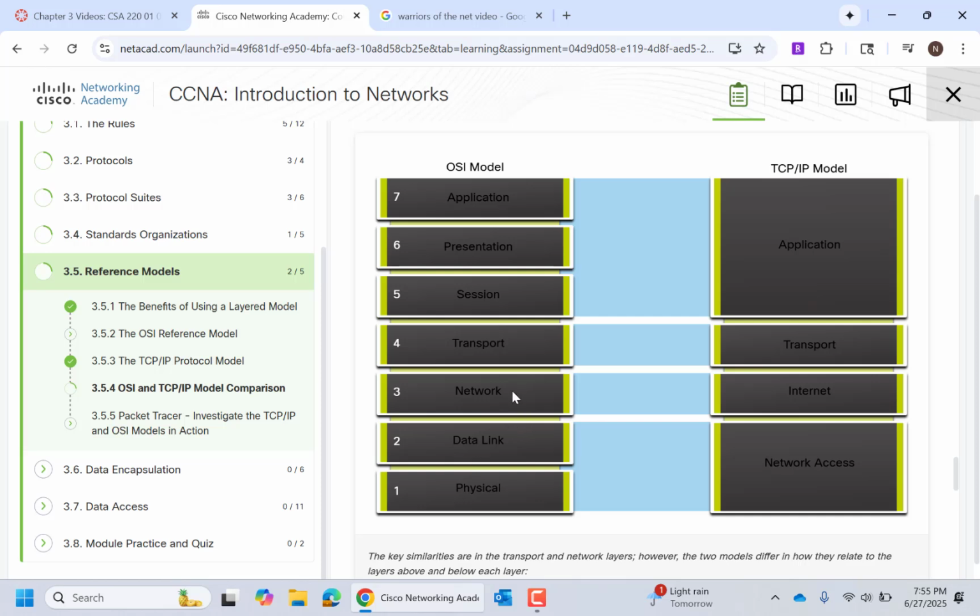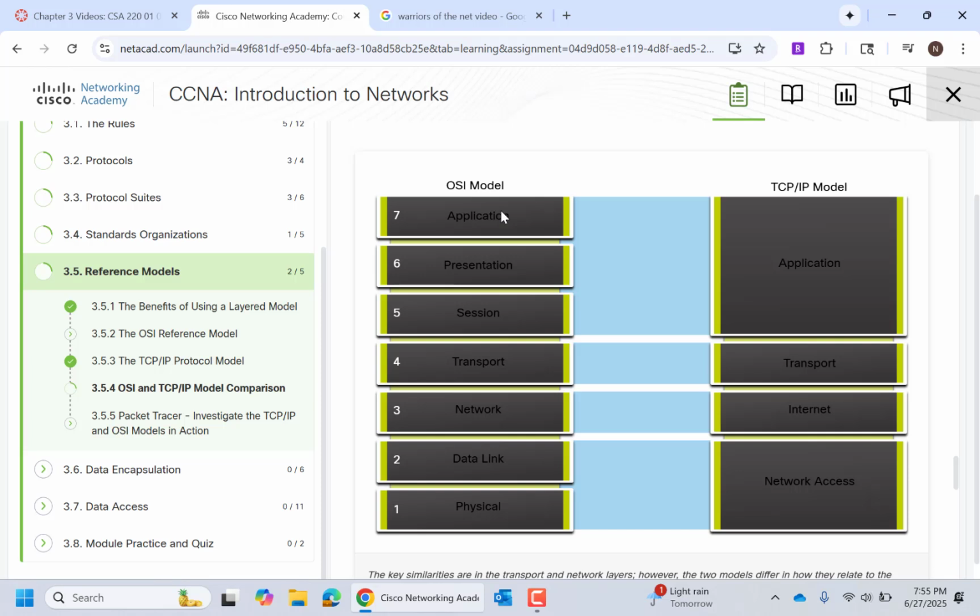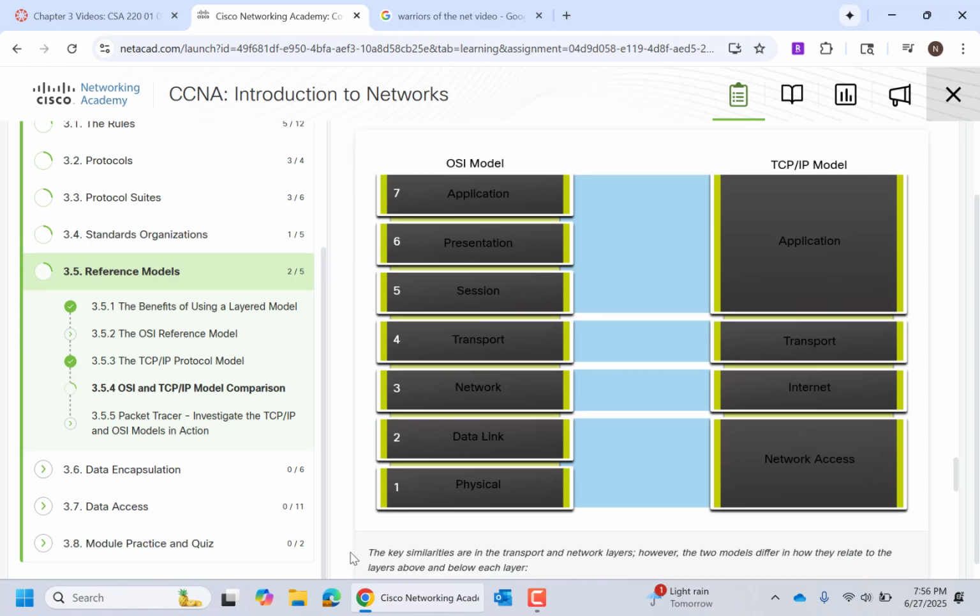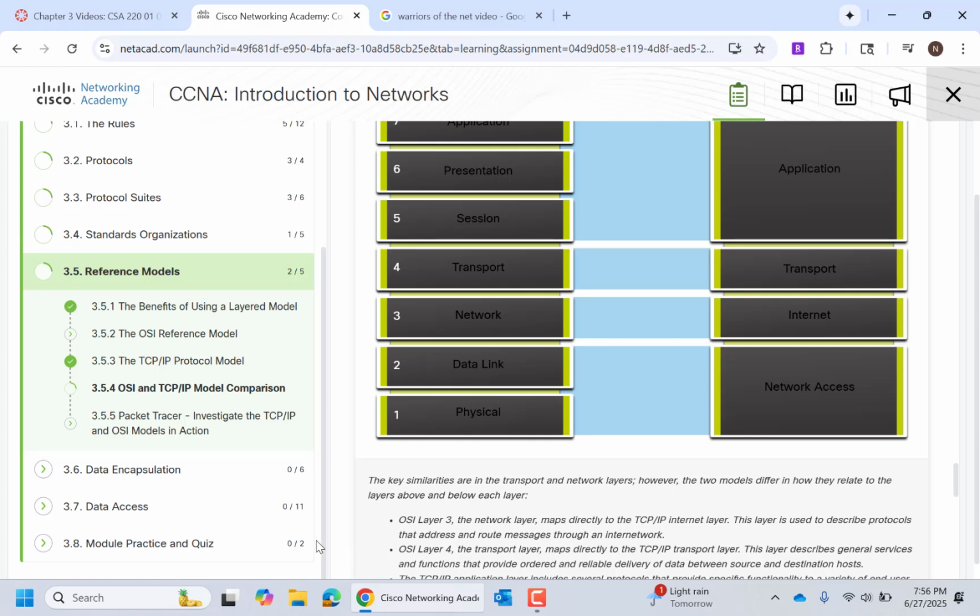Up here at the network layer, that's where the routers work. So we worry about routers and IP addresses. Up at the application layer, all we care about is the applications that use the internet. So our web browsers, our email applications. We don't care about the physical connection. That's down here in layer 1. We don't care about the routers and the IP addresses. We just care about the application. So breaking down network communication into these smaller, more manageable chunks really helps us understand and define how networking works.